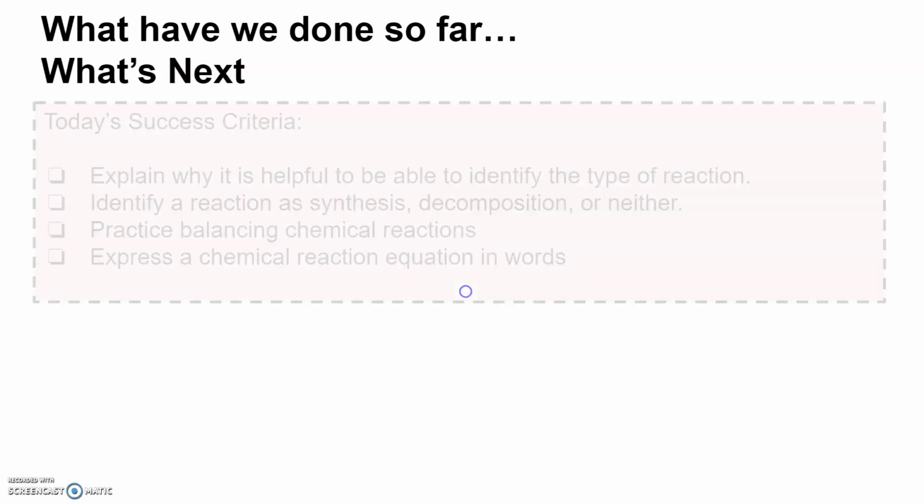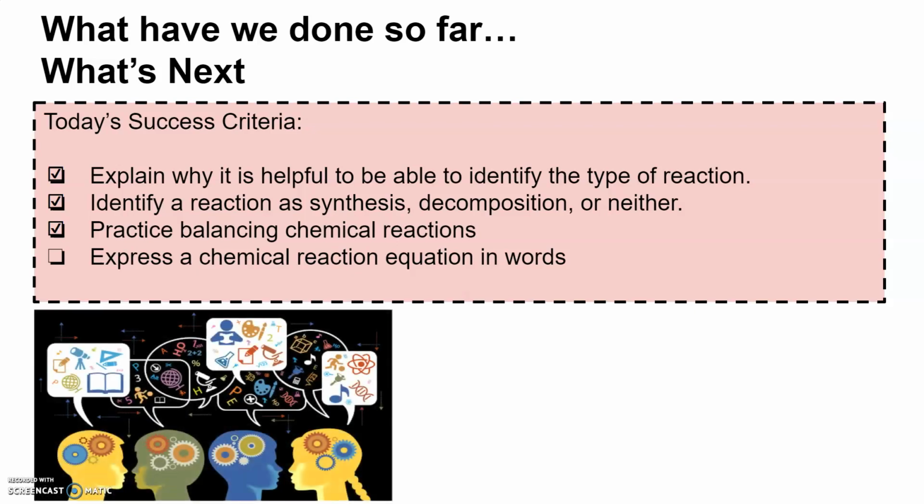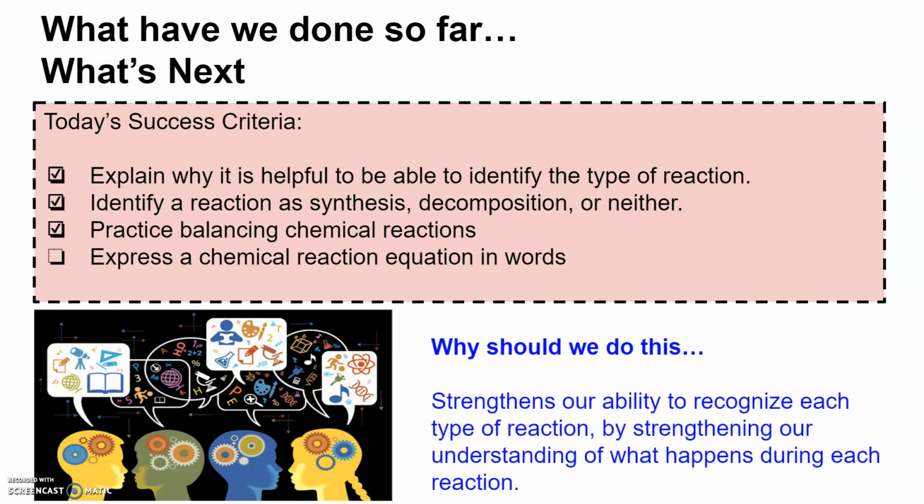All right, so this was our success criteria for today, and so far we did the first 3 things on this list. The last thing is expressing a chemical reaction equation in words, and this really helps our scientific communication. And specifically, it's important to practice this because by being able to express a chemical reaction equation in words,